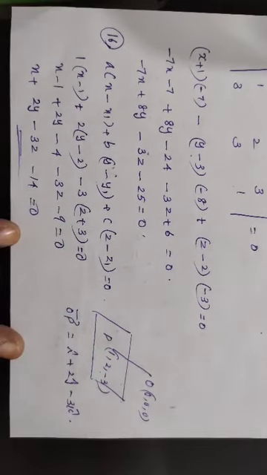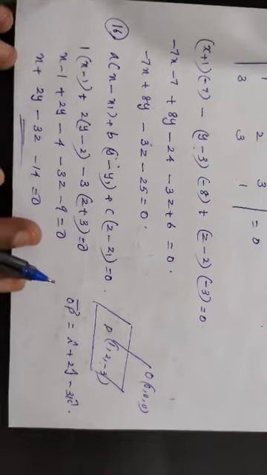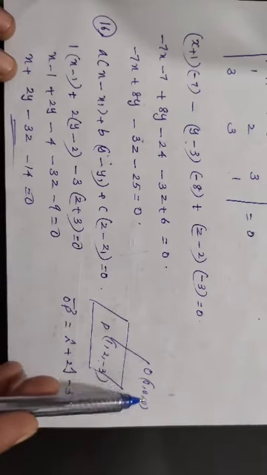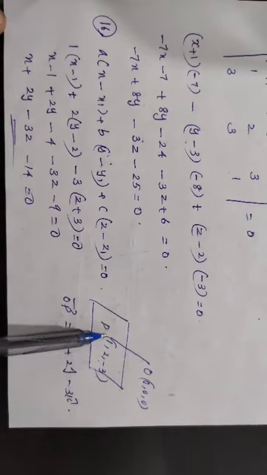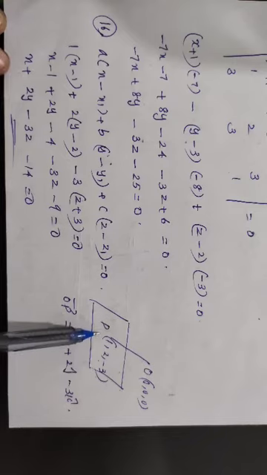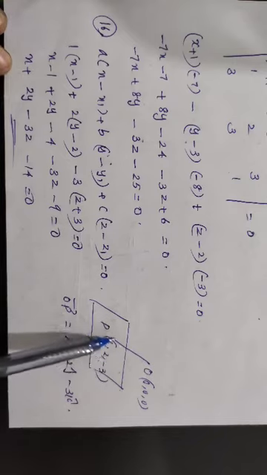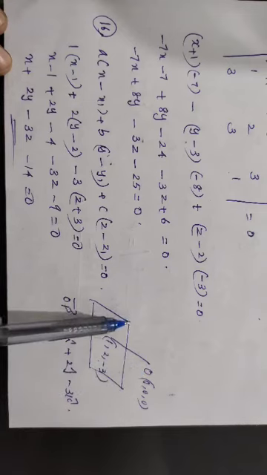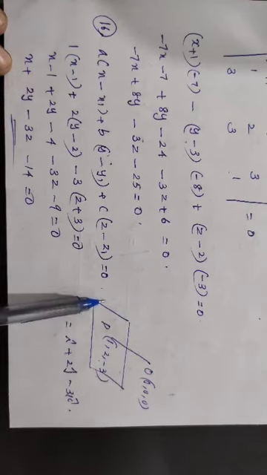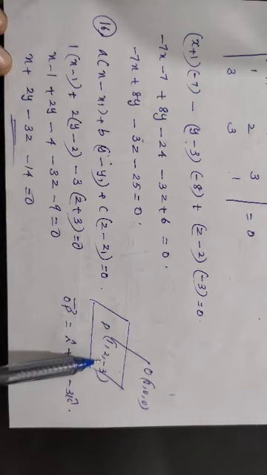Question number 16. If O be the origin and the coordinates of P be 1, 2, minus 3, then find the equation of a plane passing through the point P and perpendicular to OP. See, O is the origin and the point P is given, 1, 2, minus 3. The second condition is that OP is perpendicular to the plane. From the figure, the plane is passing through the point 1, 2, minus 3. We got the point x1, y1, z1. One point is given.